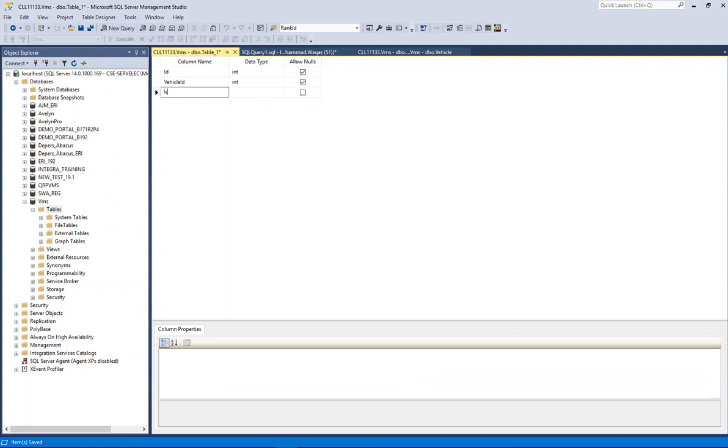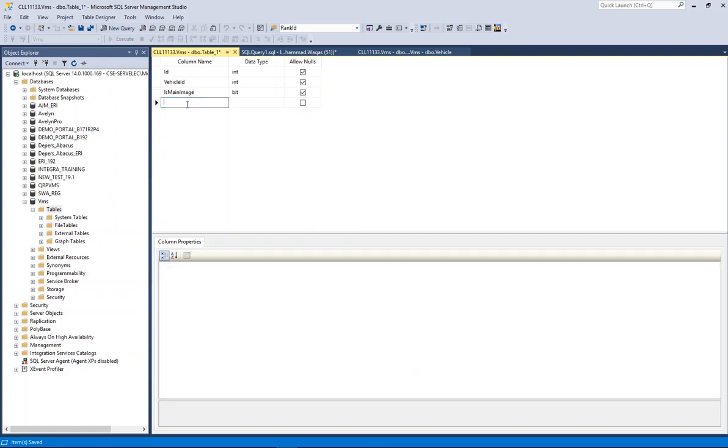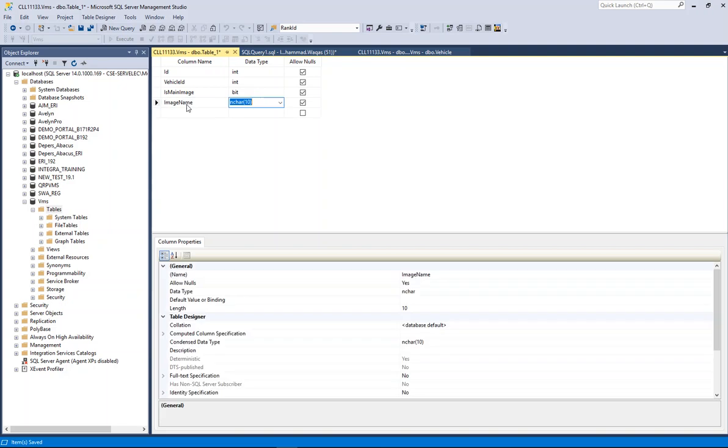So this can be our simple main image, and we want this as bit, and then we will have image name, and here I would like to